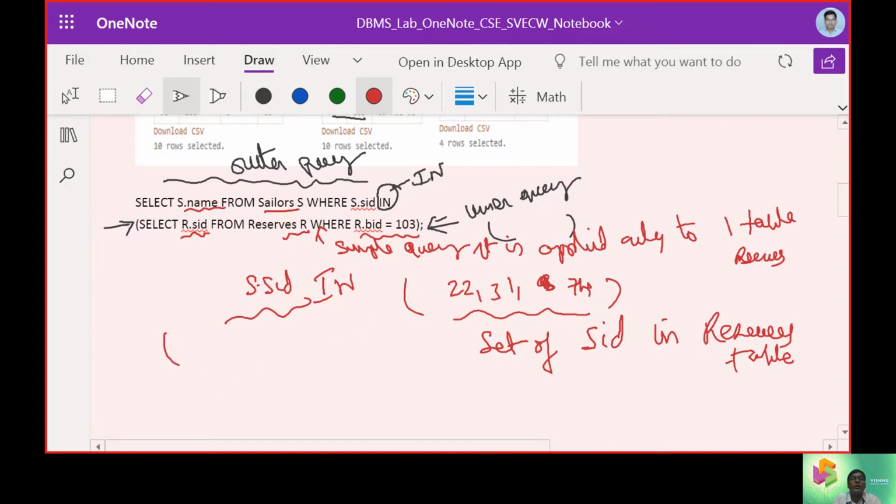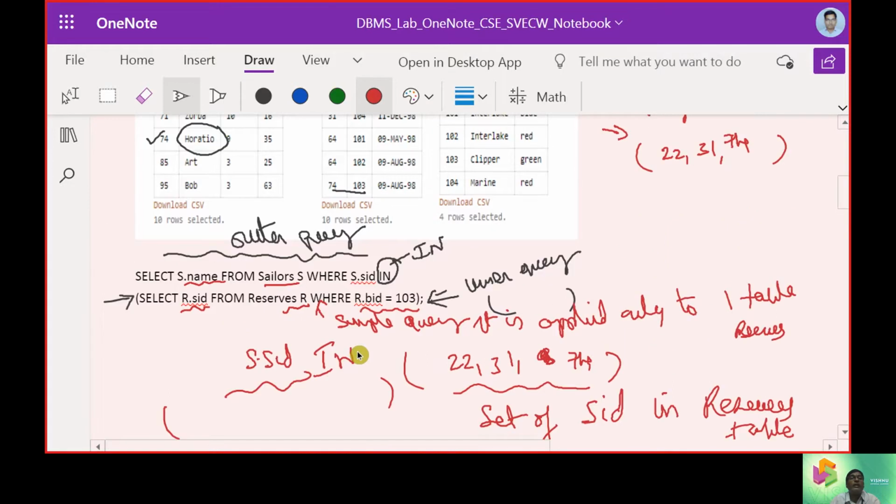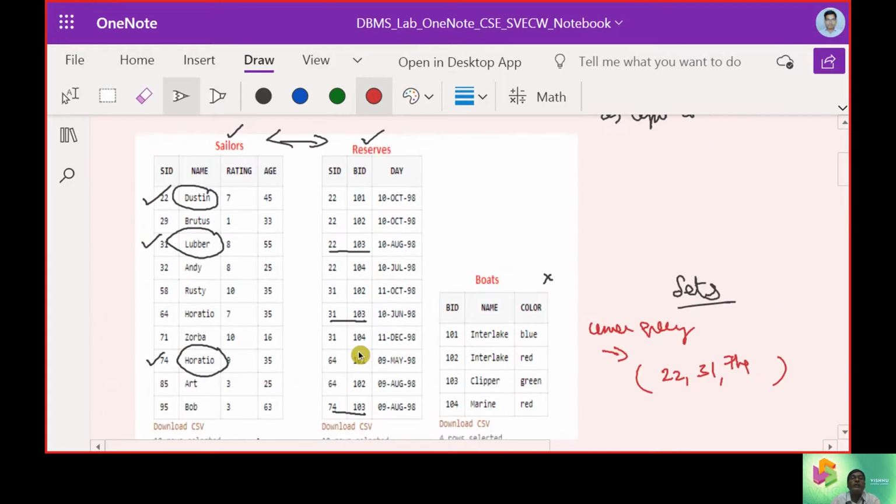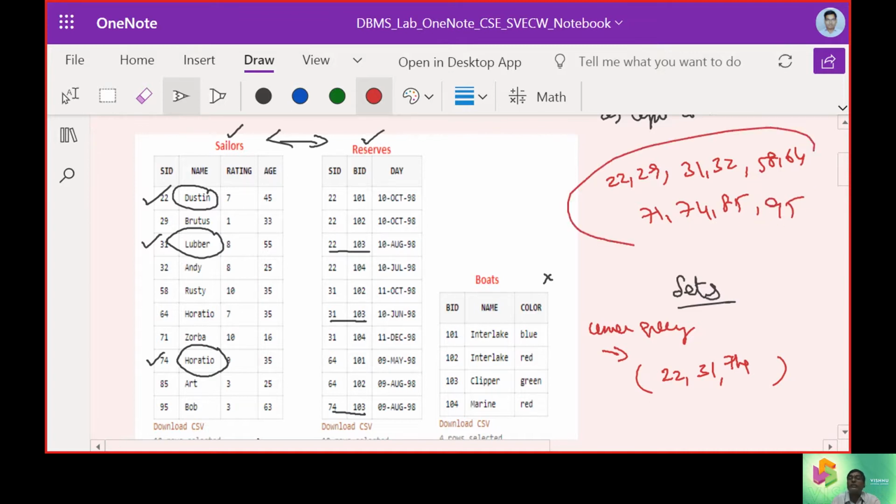Now here we have a set of 10 entities: 22, 29, 31, 32, 58, 64, 71, 74, 85 and 95. So this is the sailor set, that is in the outer query. Now we have 22, 31 and 74 from the inner query.